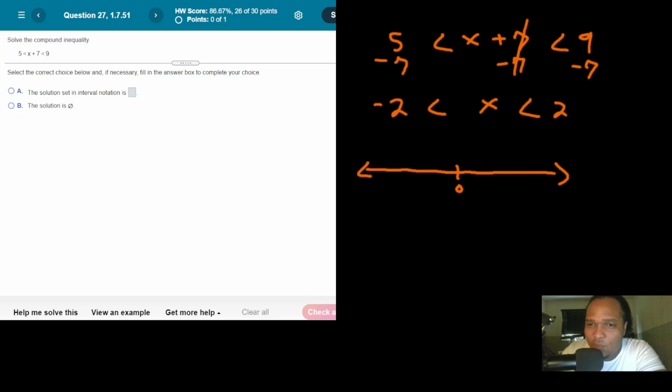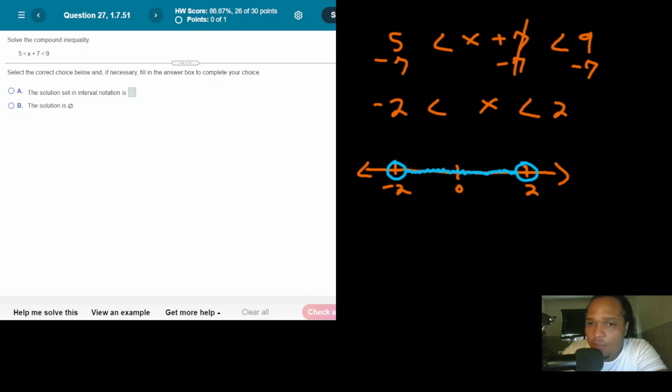Let's put 0. Let's put your key players down. Negative 2, positive 2. X is greater than negative 2. X is also less than 2. Yeah, let's go step by step. X is less than 2, right? So from the 2, and let's spice it up a little bit. Let's use some open circles here. X is less than 2, so we're going to shade from the left of 2